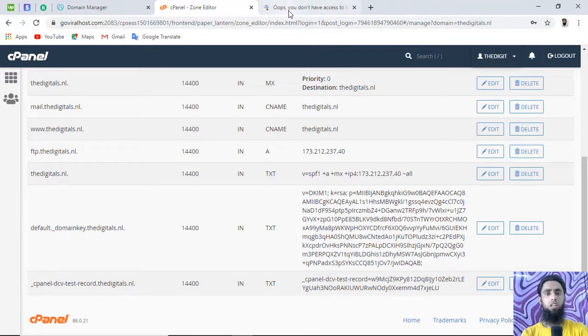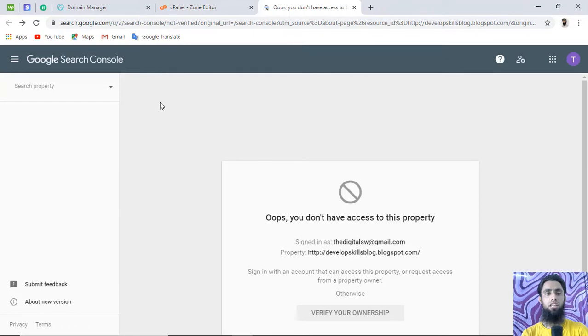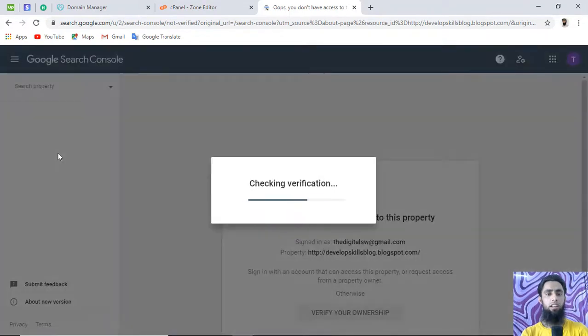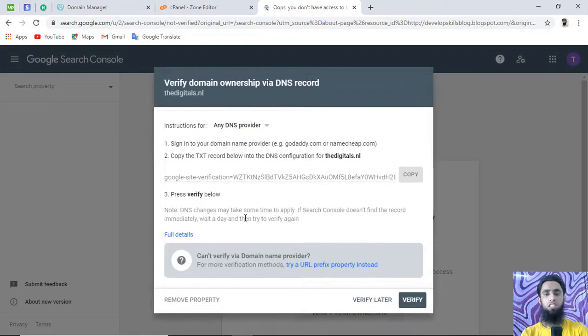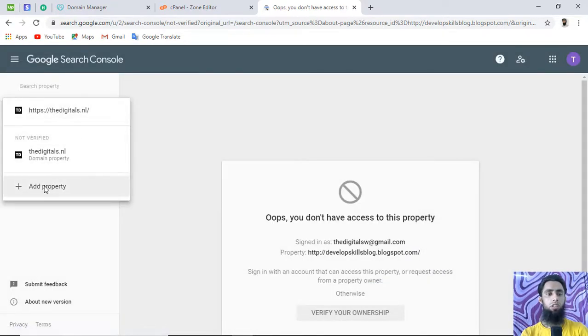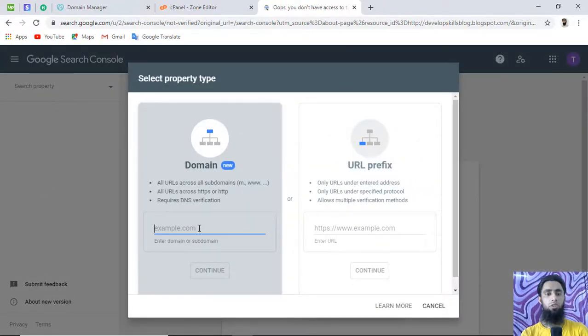What we are going to do here is, we have the Google Search Console here. You can see that I have verified one, and I need to verify another, which is this one. Let me show you how this works. You need to click on add property, and here you need to mention the domain name. Once you click on continue,